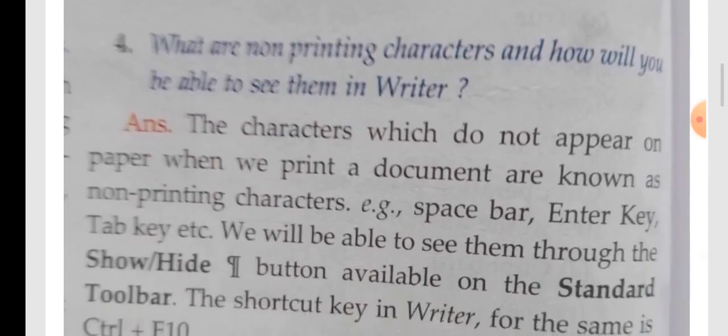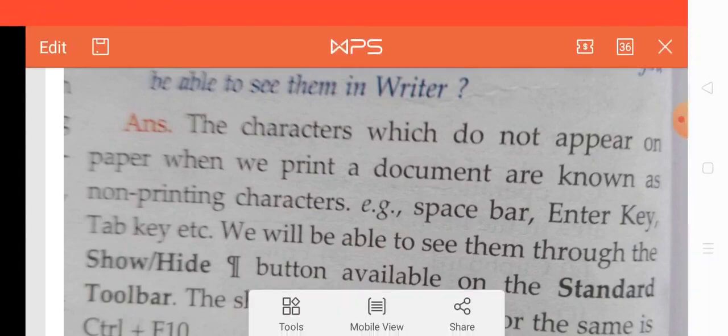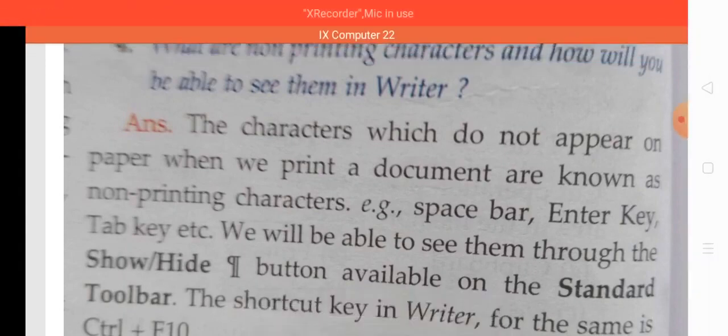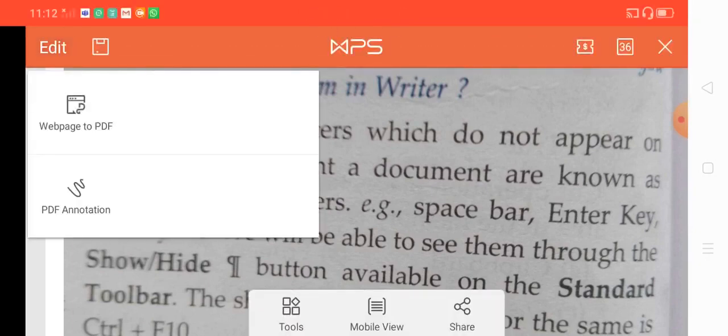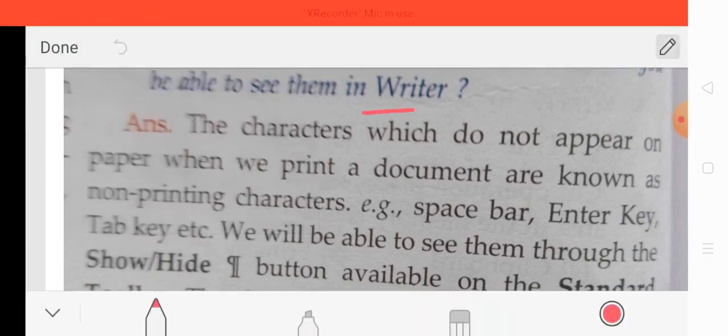Our next question is, what are the non-printing characters and how will we be able to see them in Writer? Here we just talk about the software Writer. The characters which do not appear on the paper when we print a document are known as non-printing characters.